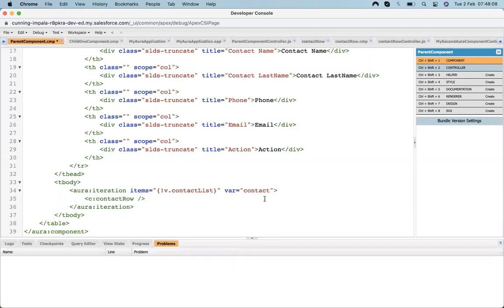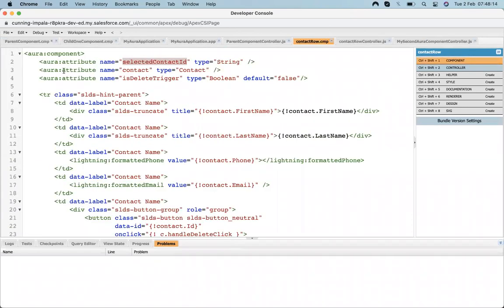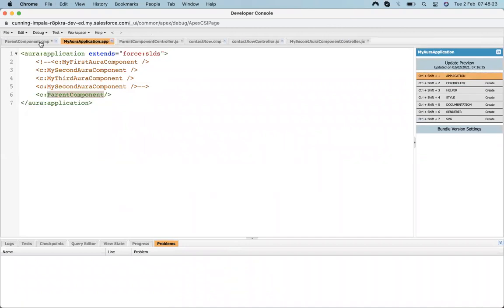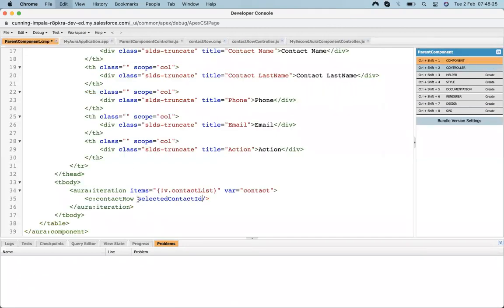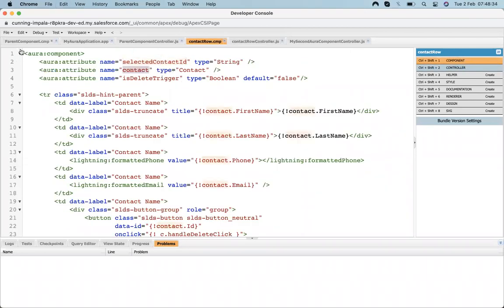And for this child component, we need to pass some variables. For contact row, we have these three attributes, so let's pass these three attributes. Contact.